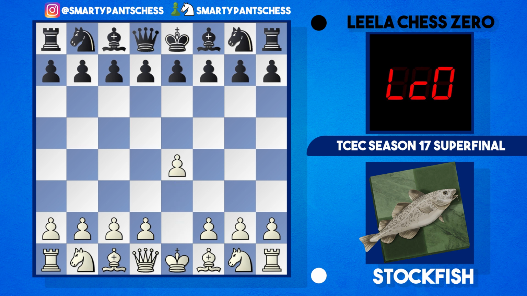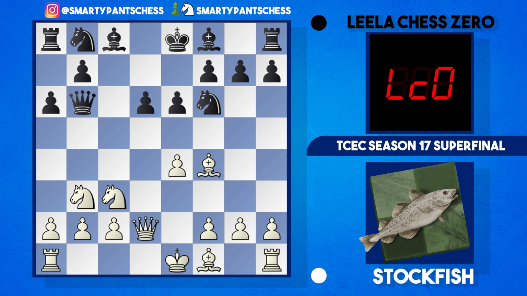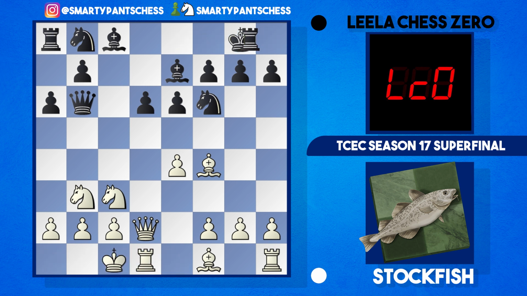So it was a Sicilian with e4, c5, knight to f3, e6, d4, takes, queen b6, and then the knight dropped back to b3, a6 was played, knight c3 and then d6, bishop to f4, knight to f6, queen d2, bishop to e7, castles queenside, castles kingside, and then f3. And this was the end of the book move, and already white's threatening to maybe take on d6 here with